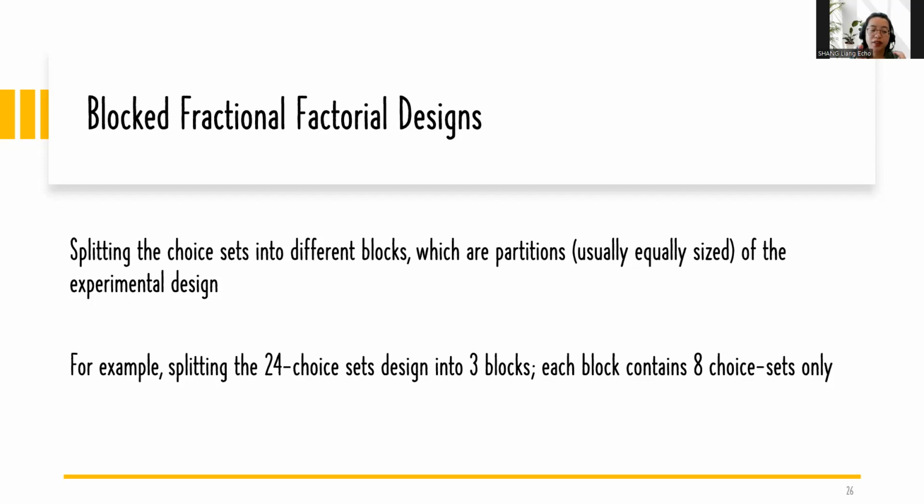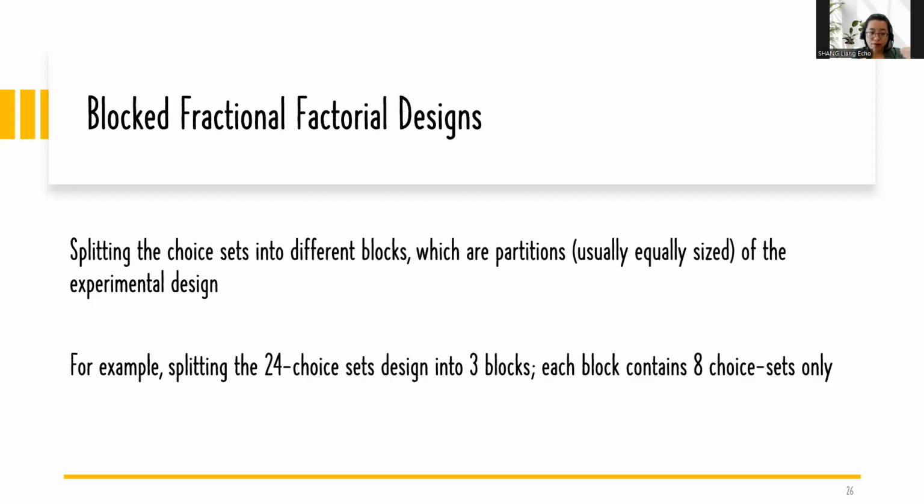A blocked design means that we split our experimental design into different parts, usually equally sized, each with the same number of choice sets. We can then randomly assign each respondent to one of these blocks, so that the number of choice sets they receive is significantly less